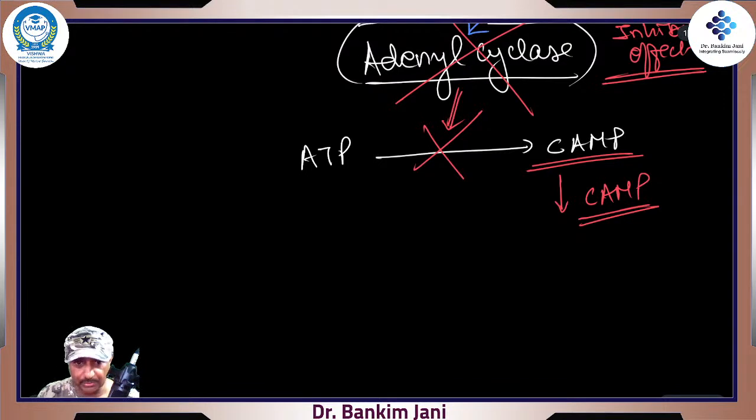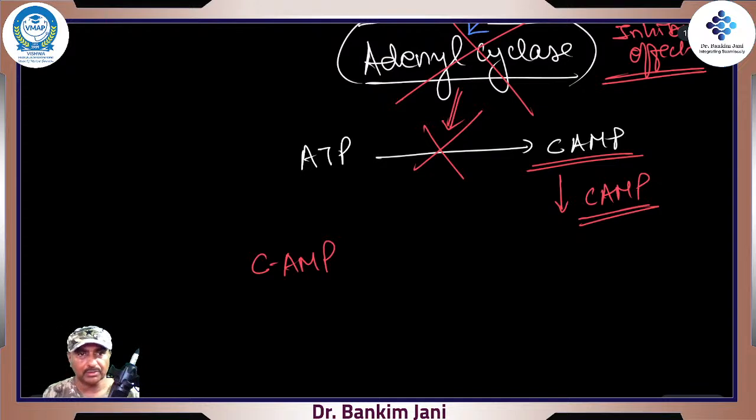When this starts dropping, sorry, when this starts dropping, it means the entire process slows down. So this is like a counter mechanism, a counter system to what is happening, yeah, negative feedback. Exactly, a sort of negative feedback. True. Now see, this cyclic AMP,